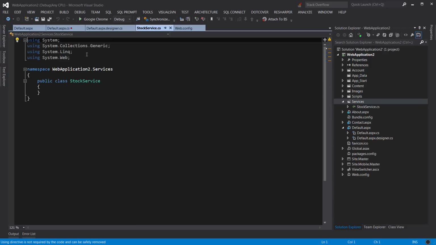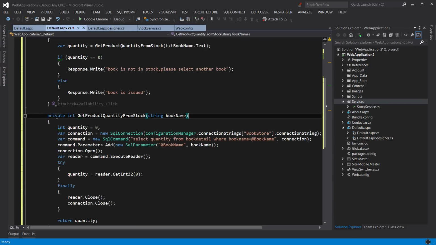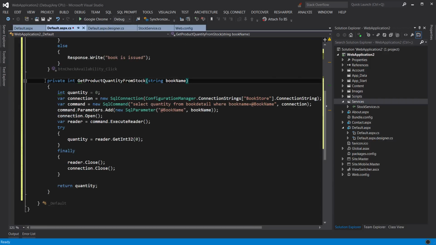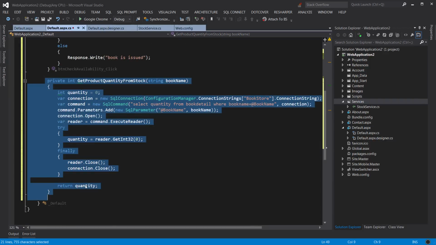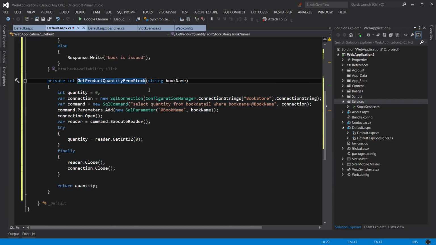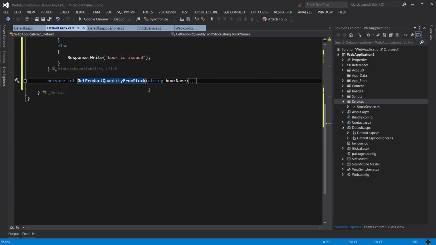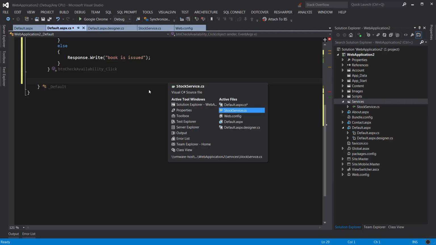And then I'm going to move this code here into that class. Let me also show you a quick shortcut here. I can use the mouse to select this and cut and paste, or there is a quicker way. Anywhere here, I can press Ctrl and M twice. The method gets collapsed. Now I can press Ctrl X,